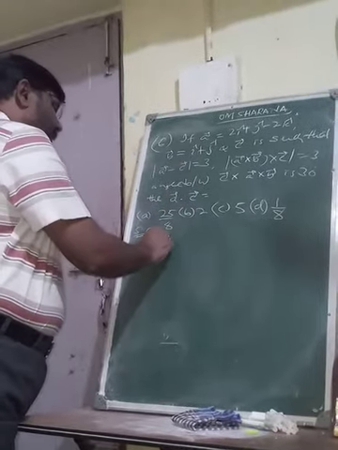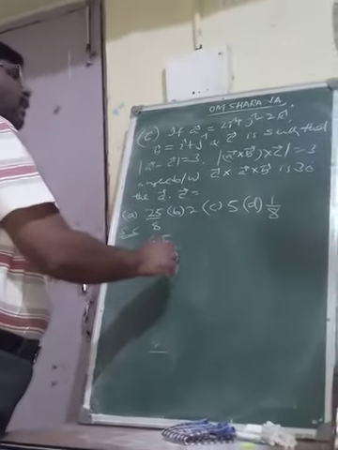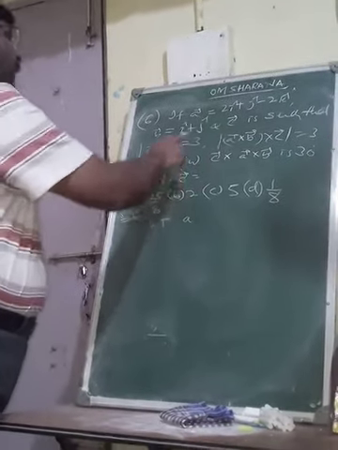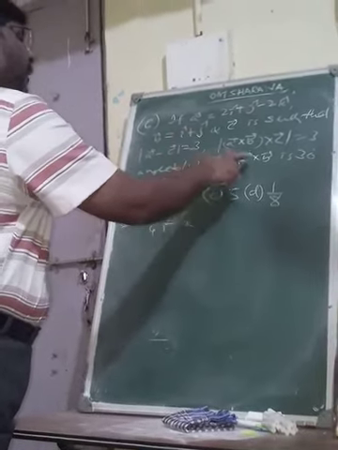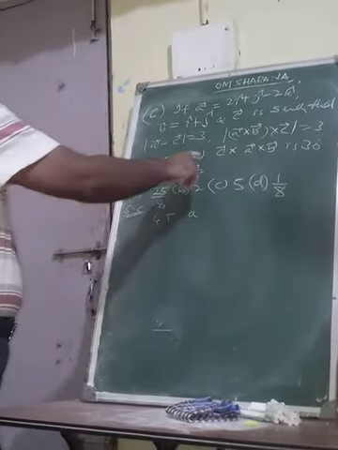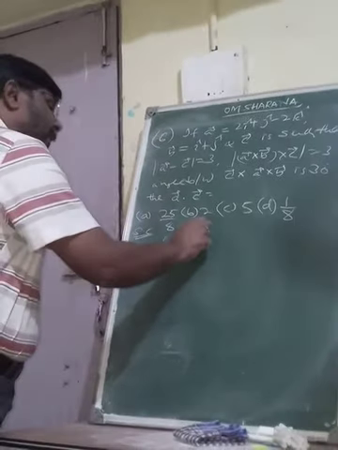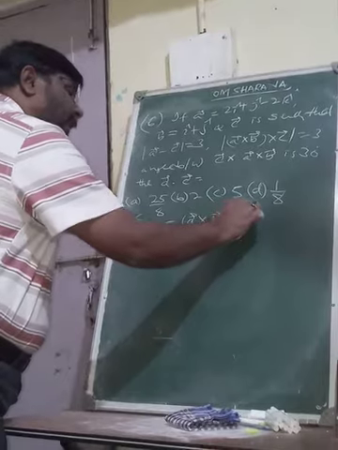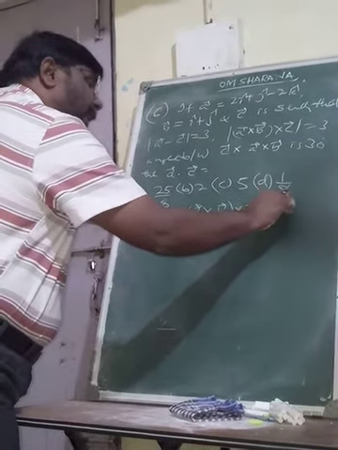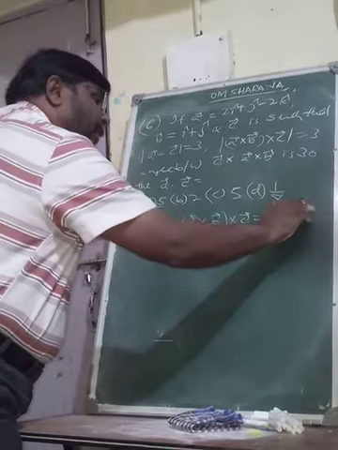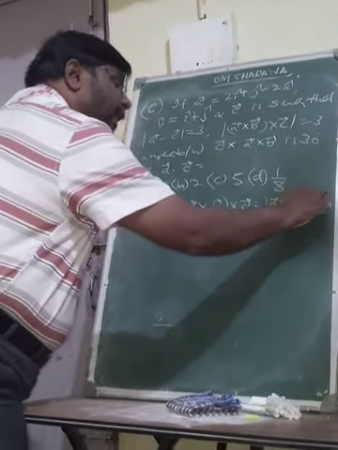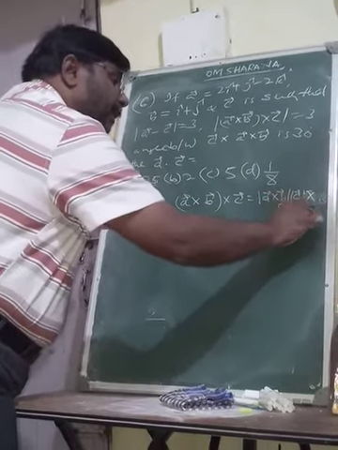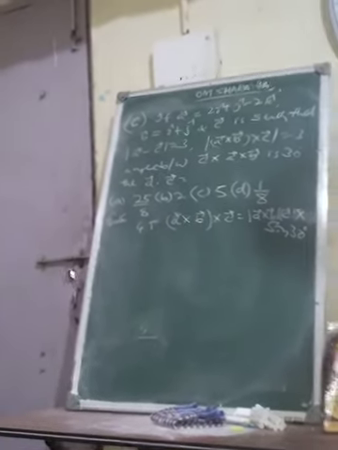It is given that the angle between C and A cross B is 30 degrees. So the magnitude of (A cross B) cross C equals the magnitude of A cross B times the magnitude of vector C times sine of the angle between the two vectors, sine 30, because the angle between A cross B and C is given as 30 degrees.